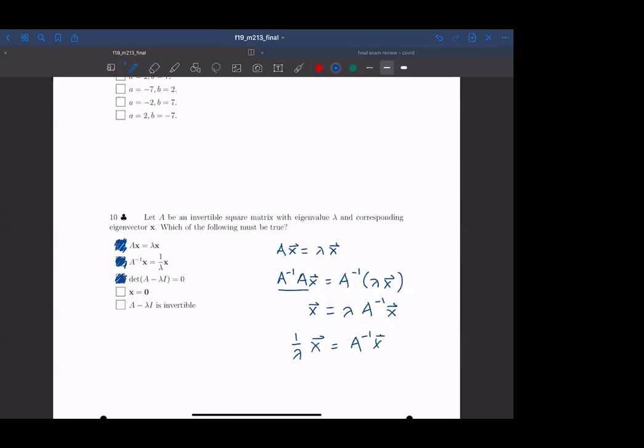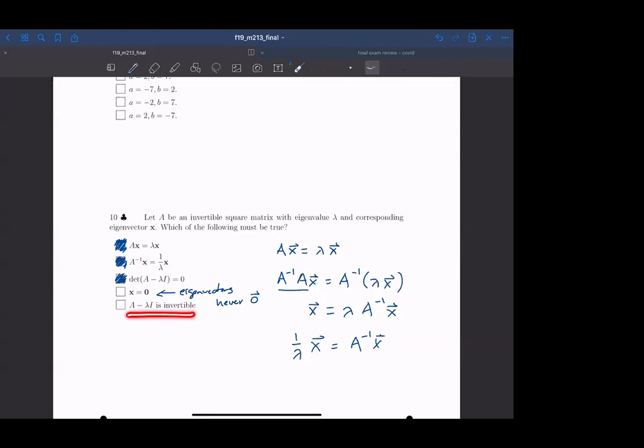Is that a possibility? No. Yeah, remember, eigenvectors are never 0. Okay, and that's by definition as well. So 0 is never an eigenvector, and therefore x can't be 0. The last one is